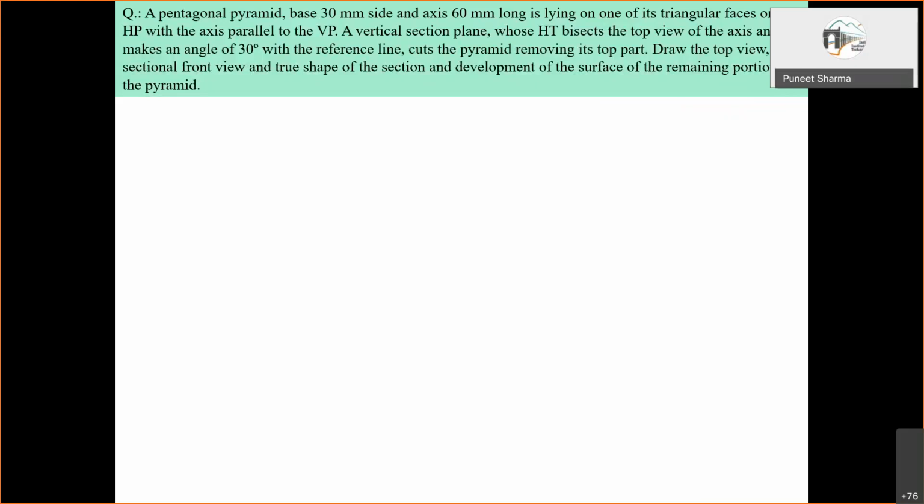So 30 degrees with the XY. Then it cuts the pyramid, removing its top part. Now top, of course, with reference to the initial position, we'll consider the top part, which is closer to the apex. Draw the top view, sectional front view, and true shape of the section. Development of this, of course, we don't need to do.